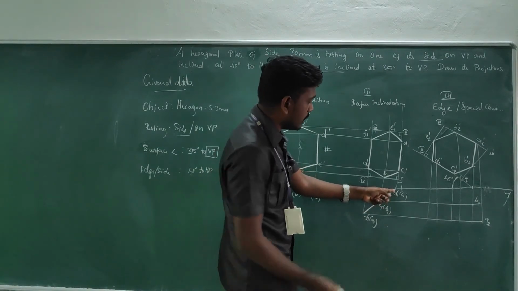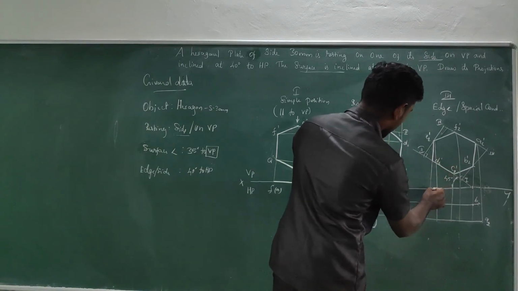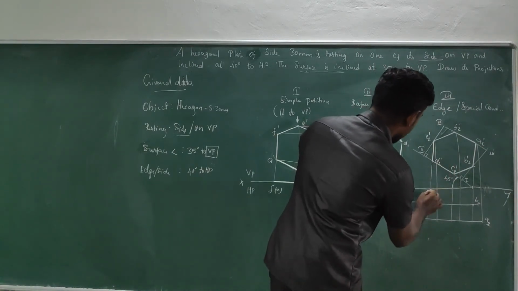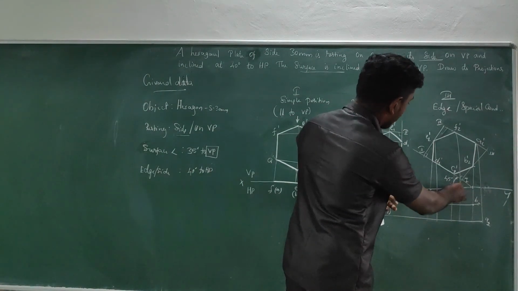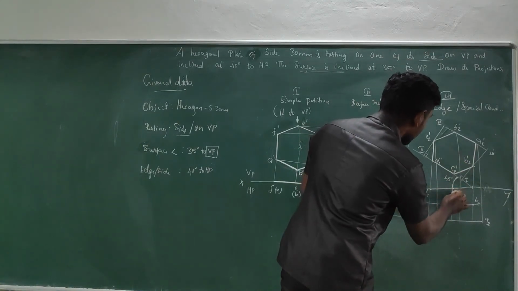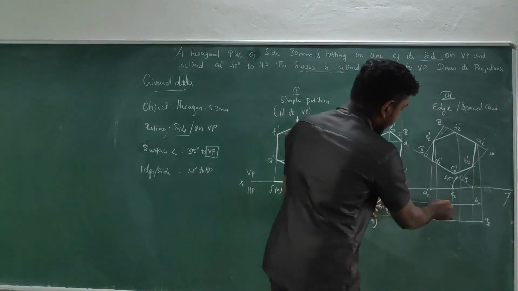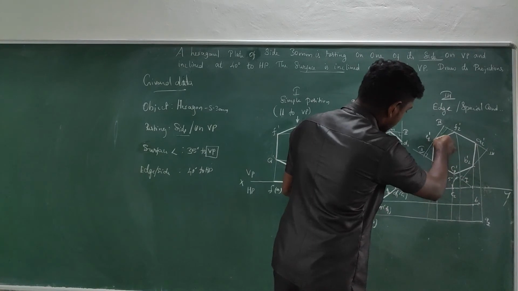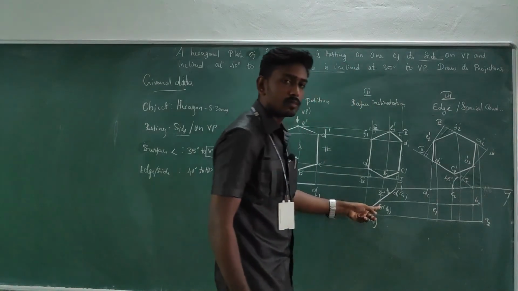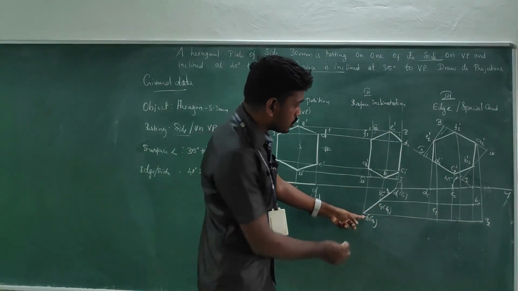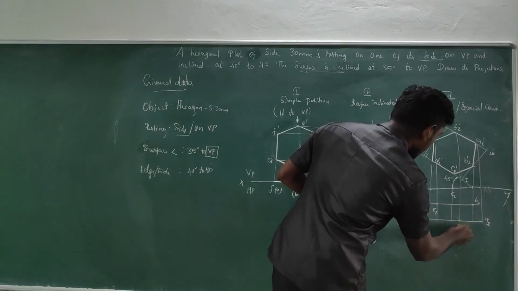Then D, here is D. This is horizontal, and where is the D vertical? So here it is coming, right? So this becomes D2. And where is C? Horizontal, and here is the vertical. So this becomes C2. What is remaining? E1, right? So here is the E, and here is the vertical projector, intersecting at this point, so this becomes E1. Then where is F, the last one? F, here is a vertical projector. So it meets at this point, so this becomes F2.